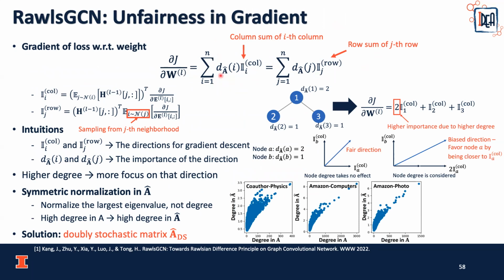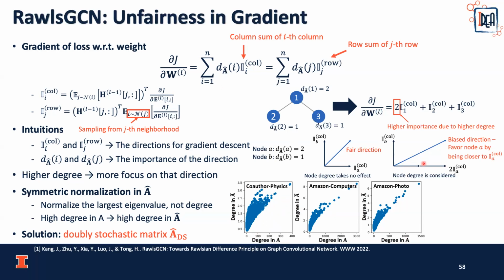And such degree in this A hat matrix is positively correlated with the degree in the original graph, meaning that a high-degree node in the original graph is likely to have a high degree in this A hat matrix as well. And with this high degree in the A hat matrix, when we do the linear combination, we can see that the overall direction for updating the model parameters will favor these high-degree nodes because it is actually closer to the high-degree nodes in this